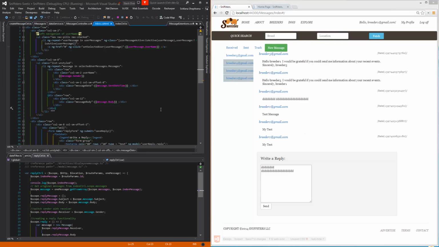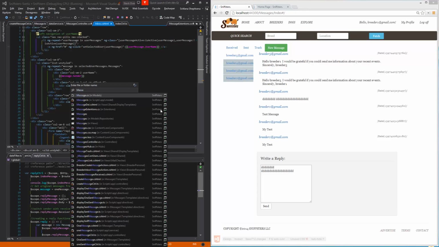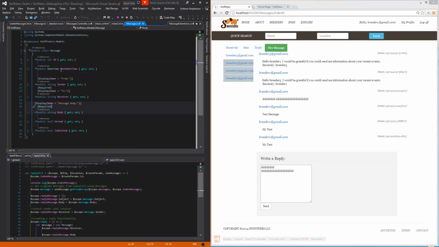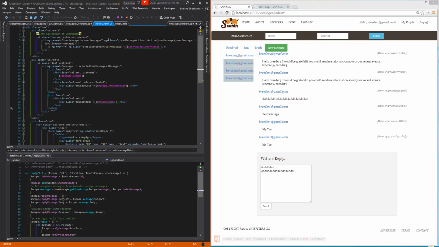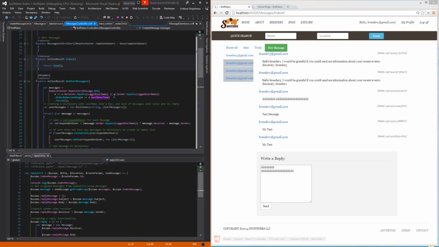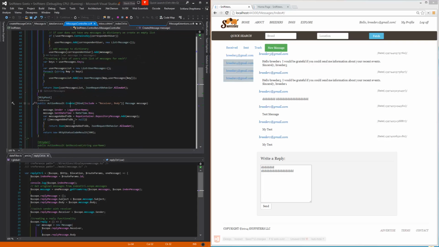In our application we have a message model where we set our datetime property with the name SendDateTime, and in our messages controller, here it is, we use this property in the method CreateMessage